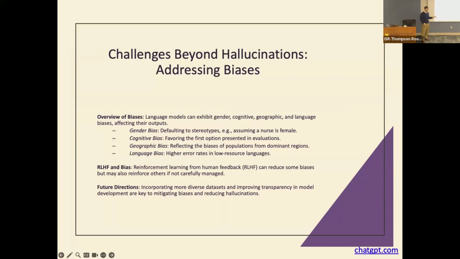And although this is good in theory, we always have the drop off that if these reinforcement learning people have some type of biases themselves, they'll actually build it into the model. So that's something to be very aware of. The future direction of ChatGPT and in general LLMs is to be as unbiased as possible. And that will only happen with time, more data, and more reviewing of outputs.